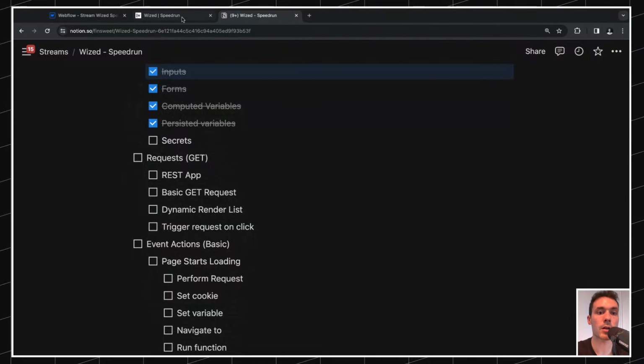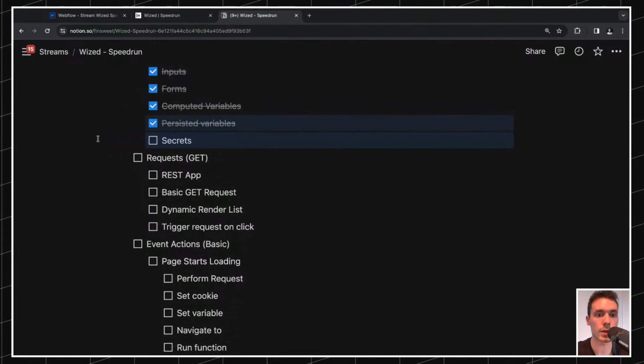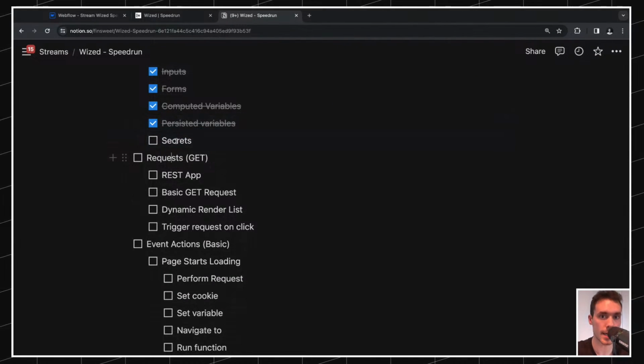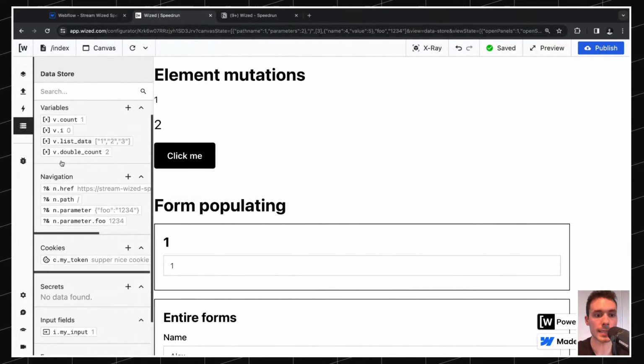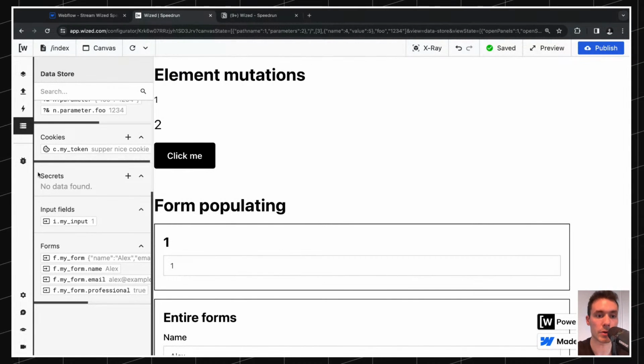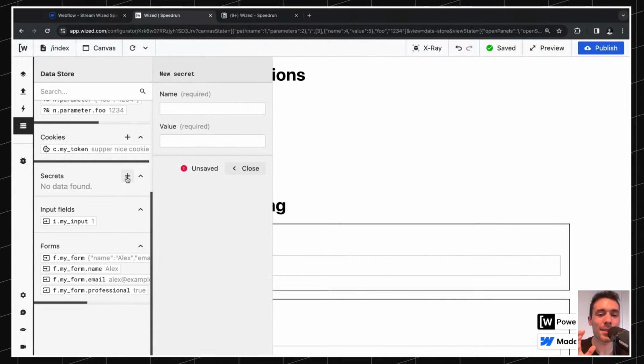And now let's talk about secrets, which is going to introduce us to the requests section. Nice. So the last thing to talk about is secrets. Secrets are essentially secret values, not much of a secret here. So essentially, secrets are things that you can store safely here in Wist and are never going to be exposed